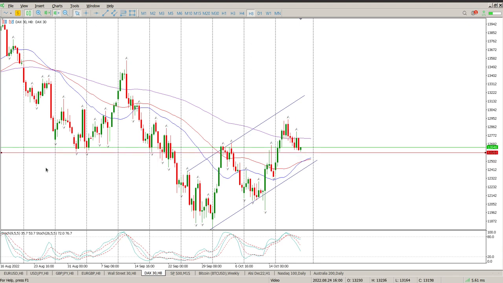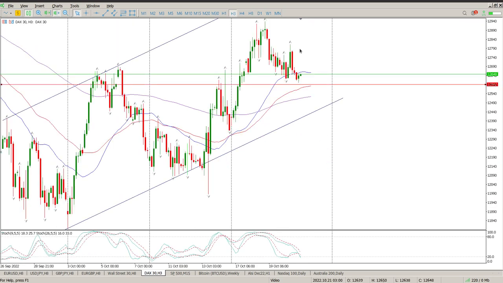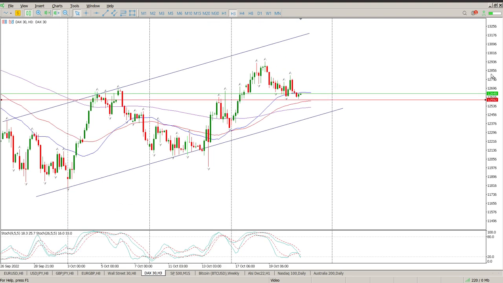I think that is your line in the sand at the moment, which we are testing, which is 12,592. You look to the left, you can see the interaction with that. Separation here of the oscillators in a channel. We've had two higher lows already, two higher highs already, so pretty well developed. And now we have what's looking like a flag, and I think you can pick it up here on the